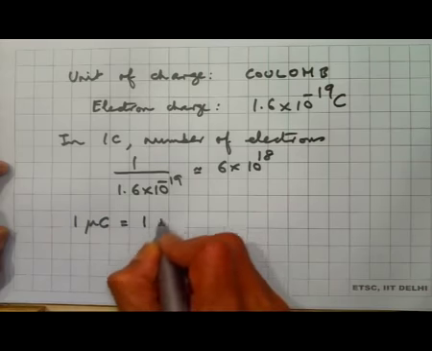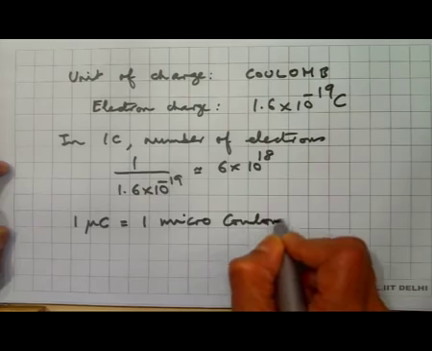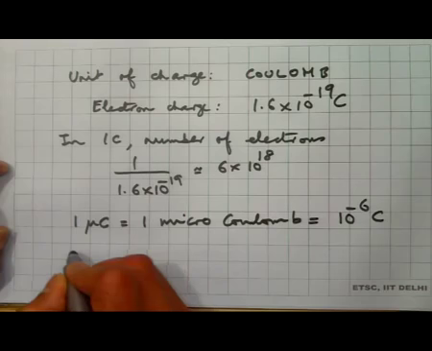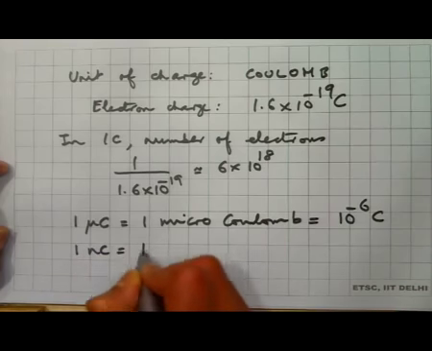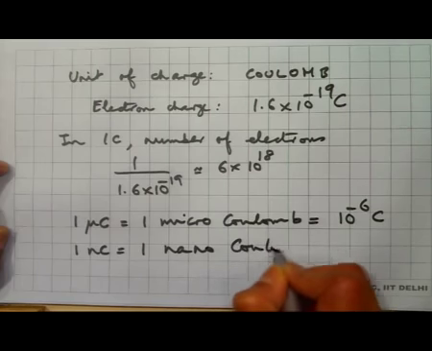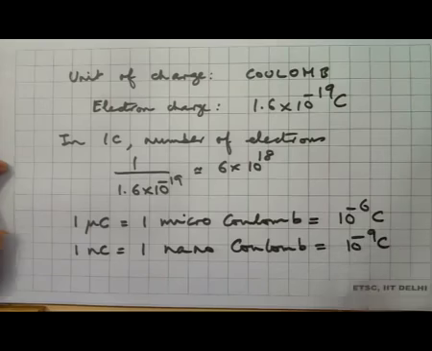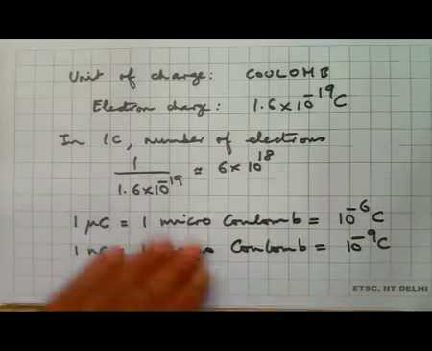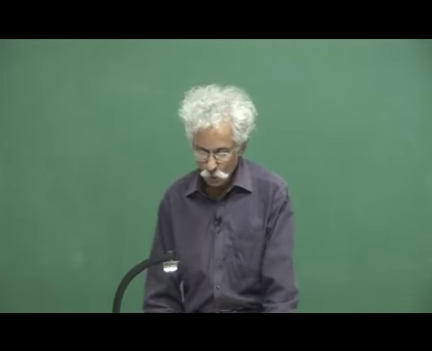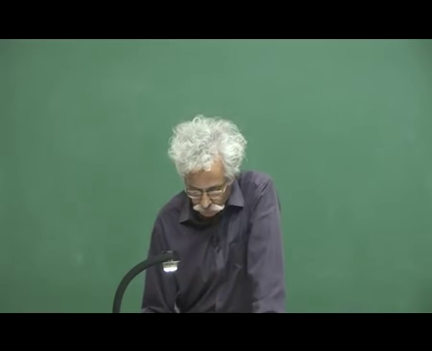This is 1 microcoulomb, this is 10 raised to minus 6 coulomb. 1 nanocoulomb, which is 10 to the minus 9 Coulomb. I thought it may be interesting for you to have a knowledge of the following